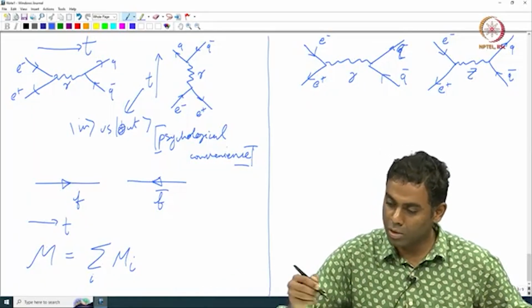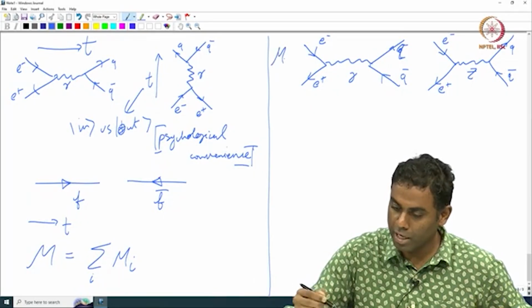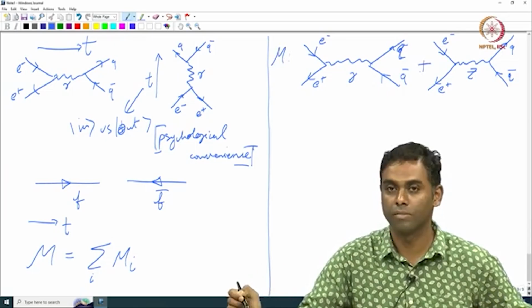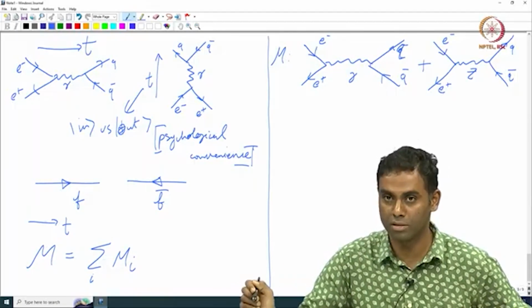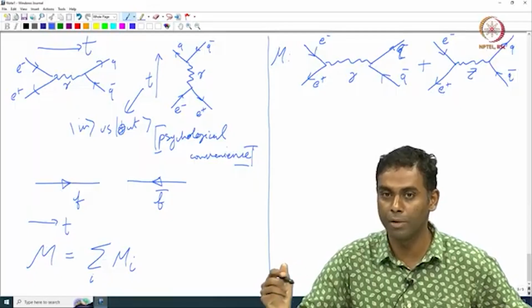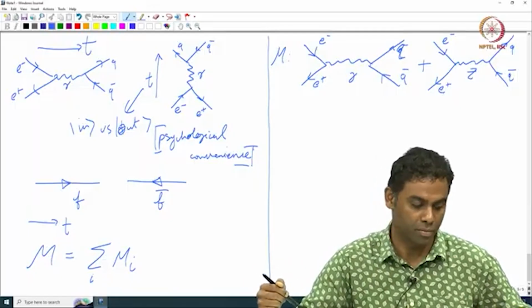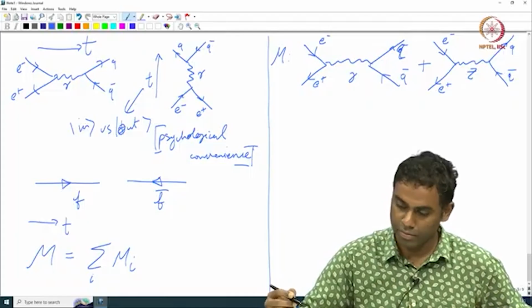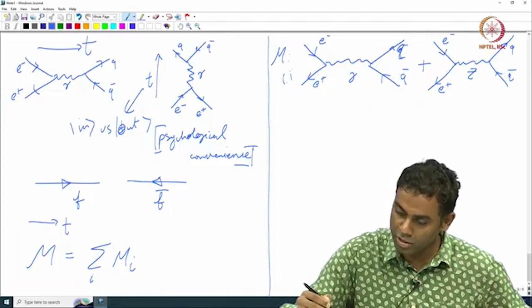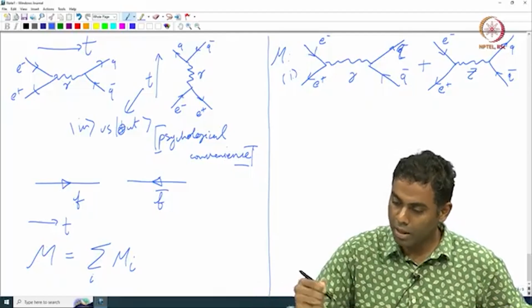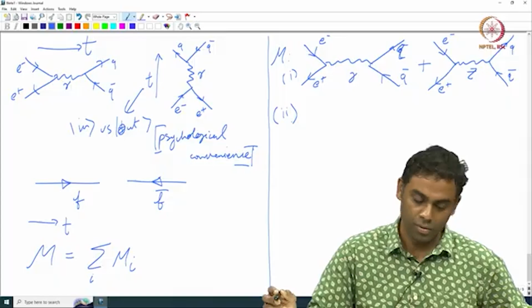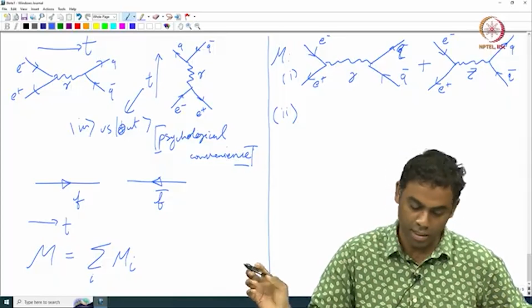So the total amplitude, when I want to calculate it, I cannot just take the first one, I have to add them both. I have to make use of both paths, and that is what ultimately tells me the amplitude and hence the rates and so on, okay. There is another sense in which this is true, okay. This is one sense in which this is true. There is another sense. So without changing the mediator, all right,